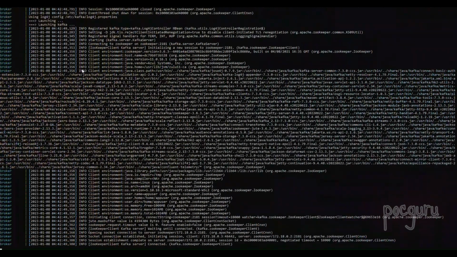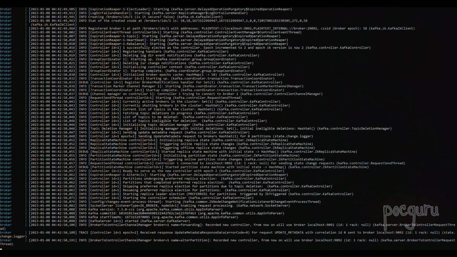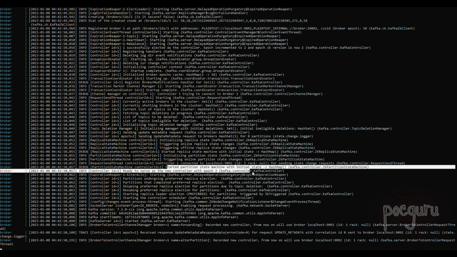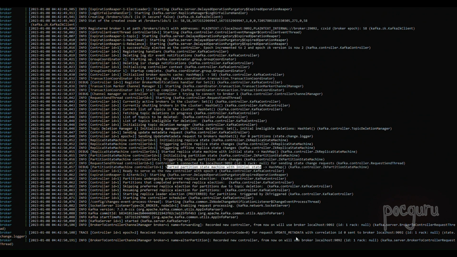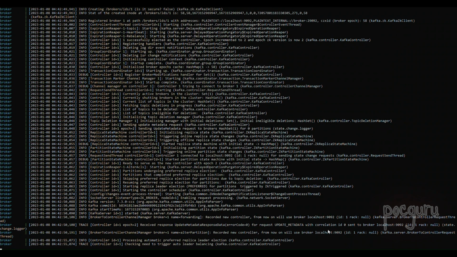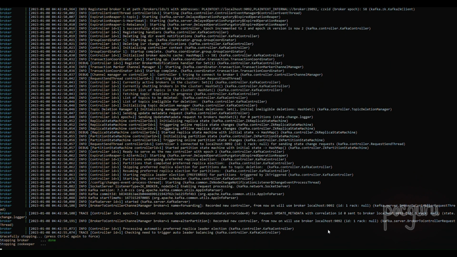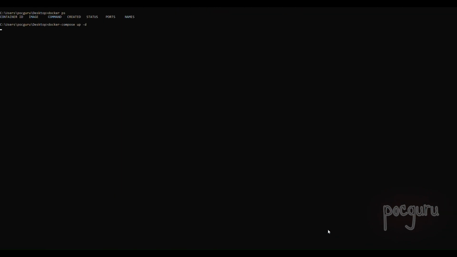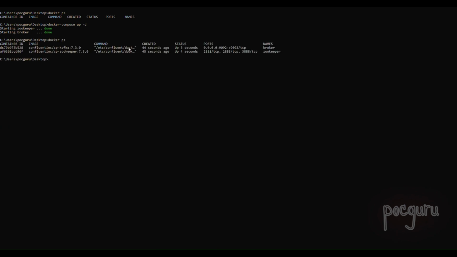You should be able to see the logs from Kafka and verify that the broker is up and running. Use Ctrl-C to shut down the containers and start them in detached mode by using the docker compose up -d command. Now that we know that Kafka and Zookeeper are running in a containerized environment, let's jump to IntelliJ and write